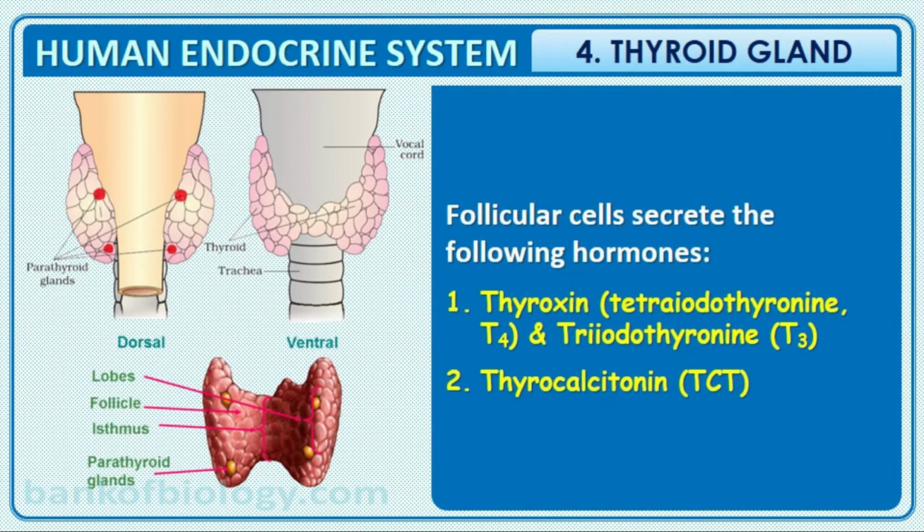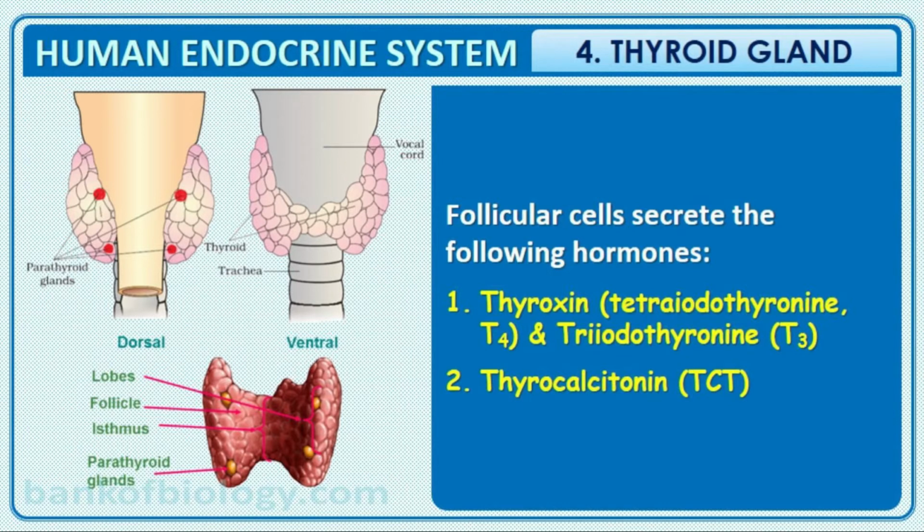The follicular cells secrete the following hormones. The thyroid gland is composed of so many follicles. The follicular cells secrete the following hormones. What are the hormones? Thyroxine. It is otherwise known as T4, tetraiodothyronine. That's why it is known as T4, and